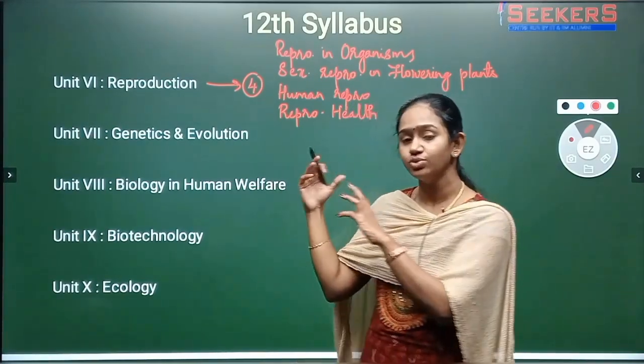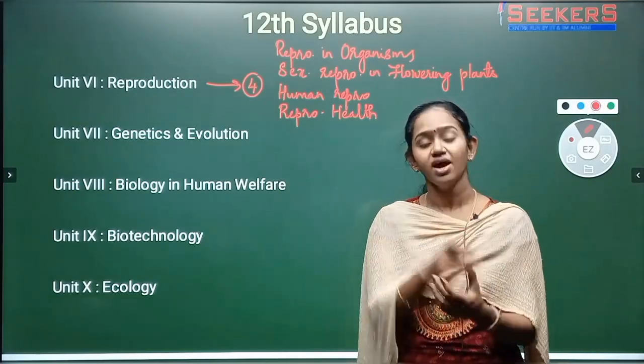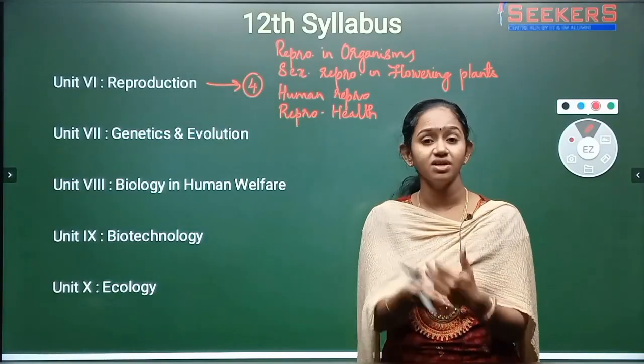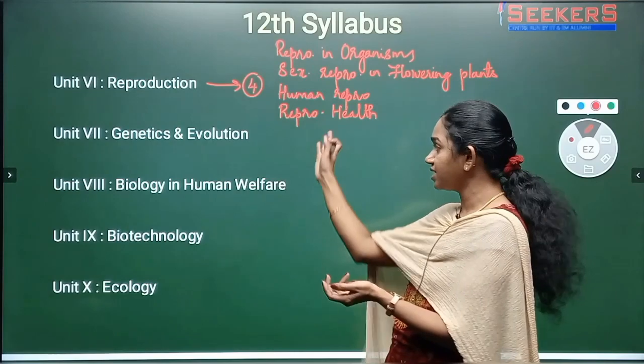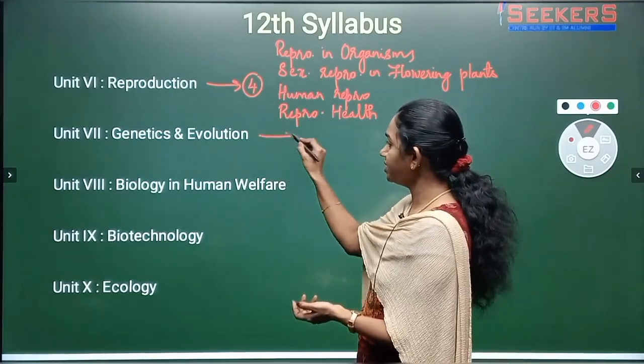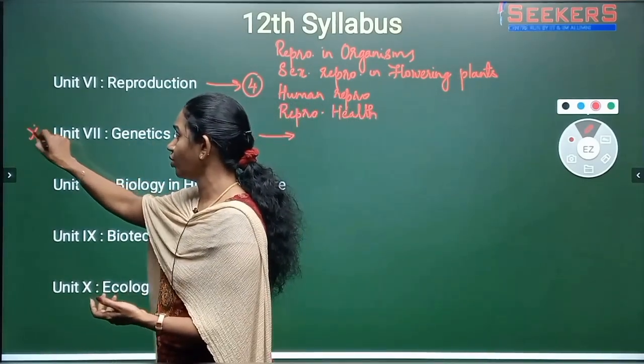Why? Because we are going to have an awareness about sexually transmitted diseases, and then how to control the population, what are the contraceptive devices that are available to control the population. All these things you will study in this reproductive health. Okay. Now, unit 7, that is your genetics and evolution, which is going to be again a very important unit,